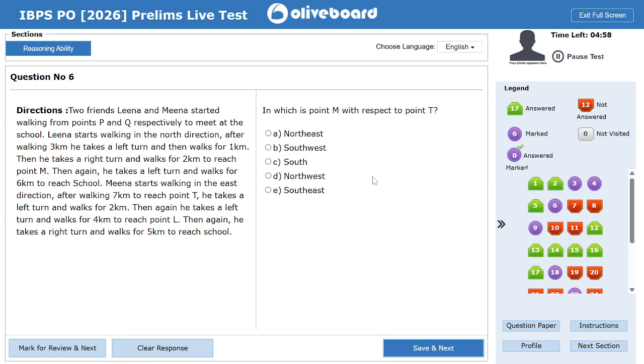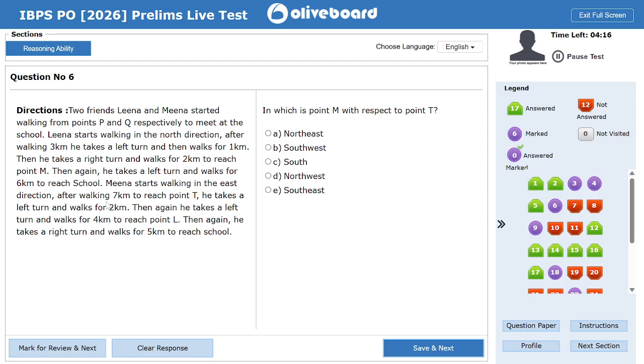Two friends, Lina and Mina started walking respectively at school. Lina starts walking in the north direction after 3 kilometers. Okay, after 3 kilometers, point P, takes north direction after 3 kilometers. He takes a left turn, and walks for 1 kilometer. Okay, then he takes a right turn and walks for 2 kilometers to reach point M. Then again he takes left turn and walks for 6 kilometers to reach school. Mina starts walking in the east direction,